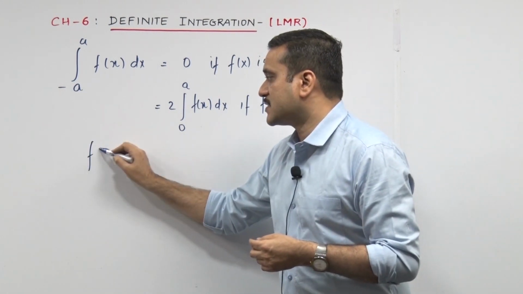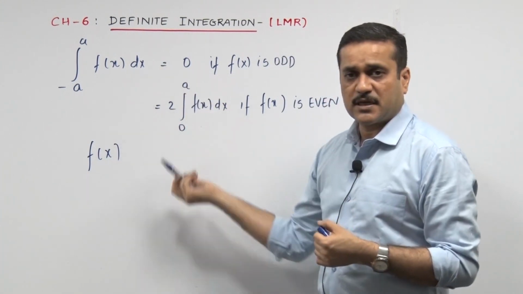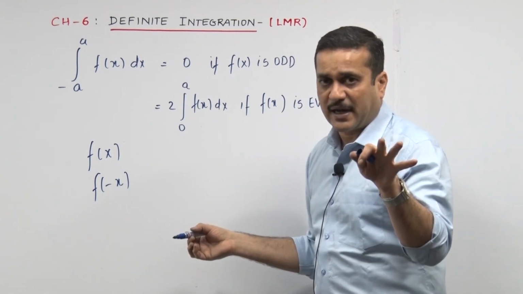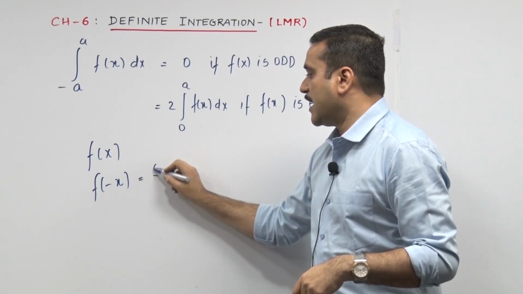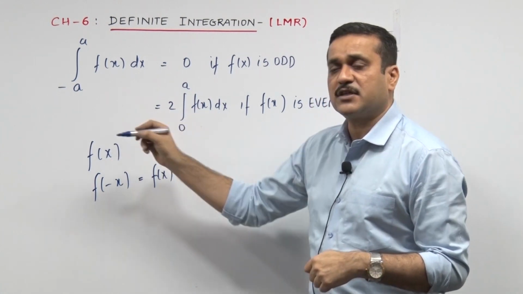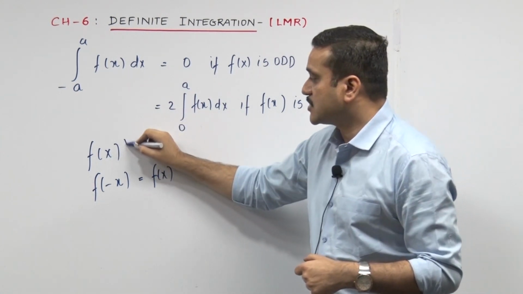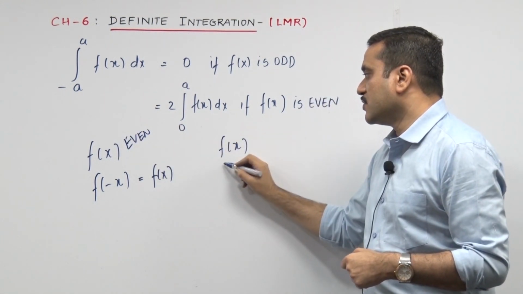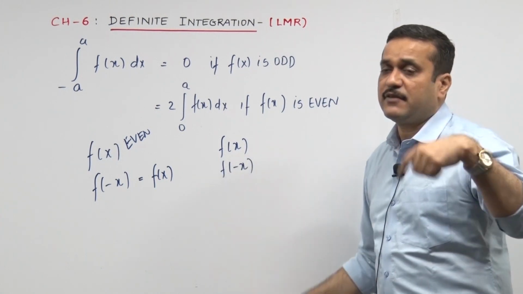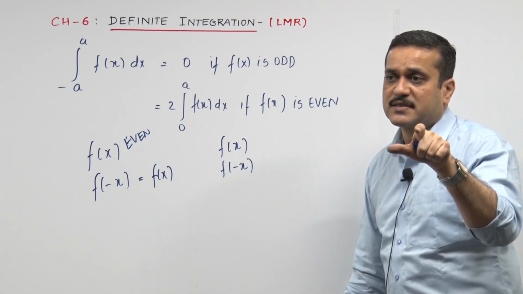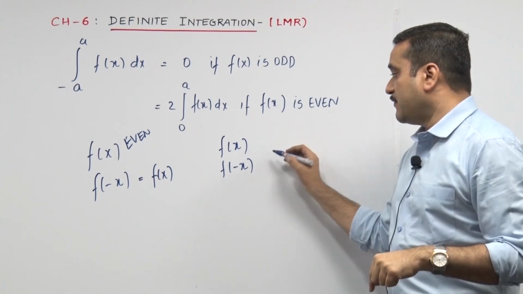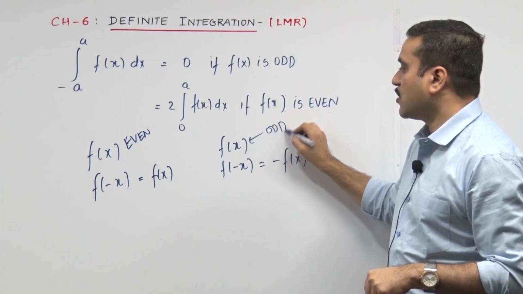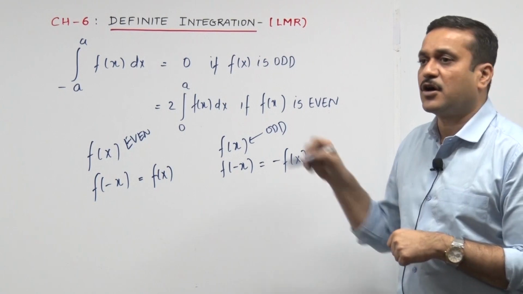I give you f of x, the function that's given in the question. You find f of minus x. And you're not going to ask me how: you change all your x to minus x. If the answer turns out to be f of x, if it comes back to the same function f of x, then we say the function is an even function. Or, I give you f of x, you find f of minus x by changing all the x to minus x. If it turns out to be minus f of x, then we say the function we were dealing with was an odd function. Everybody wants this to happen, not that.